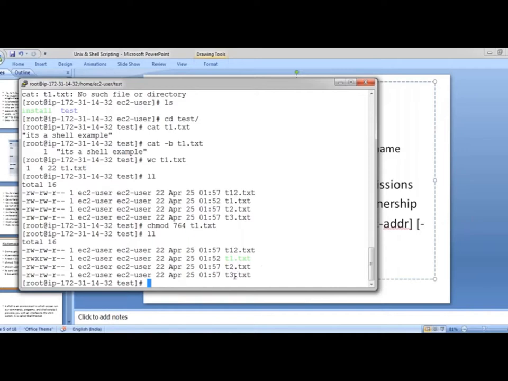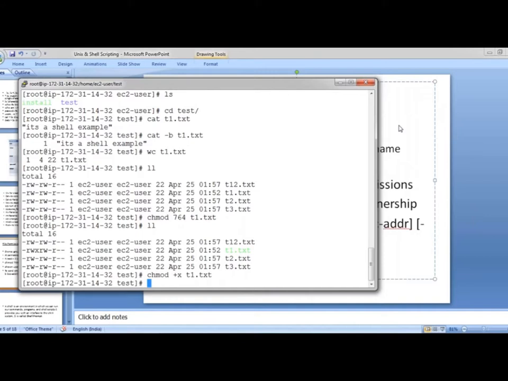Similarly, chmod +X. It already has it, no?